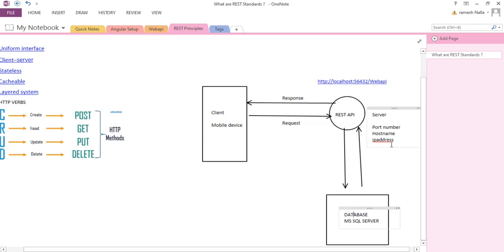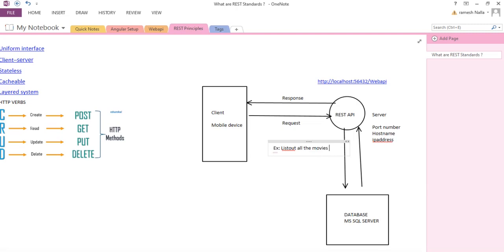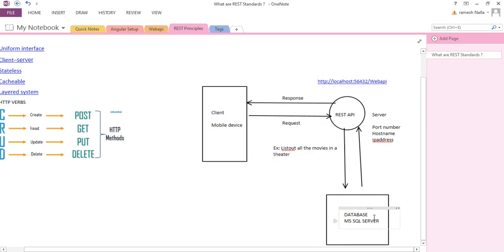Okay, for example, I can give an example as list out all the movies in a theater. So we are sending a request to the service, and service will interconnect to the database. In the database, we are storing the movie related information, and it will hit the particular method. So in the API we have a method or function called get all movies.